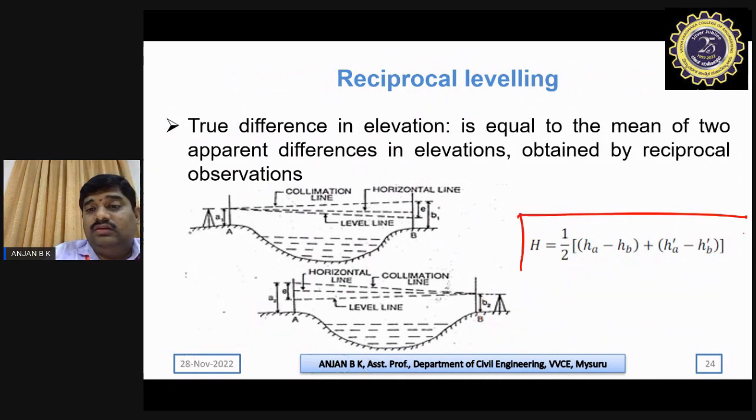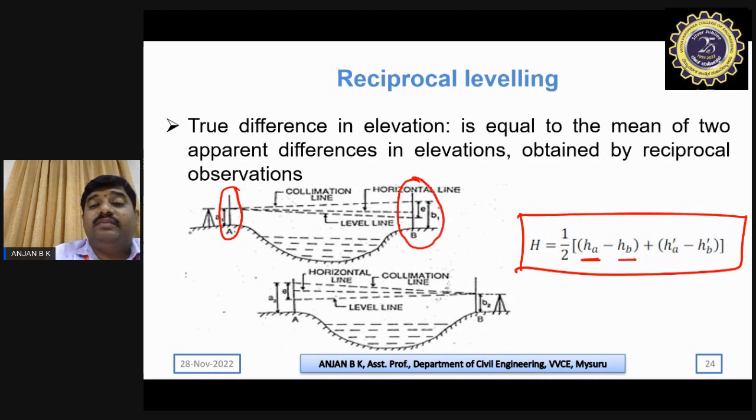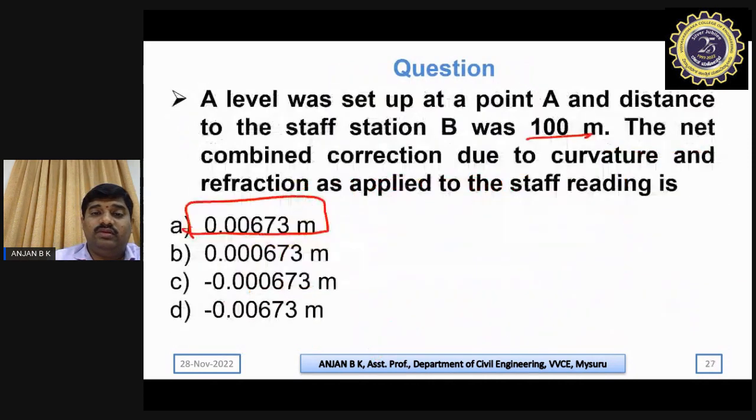Here HA represents the staff reading taken near A when the instrument is near A, and HB is the staff reading taken at B. Similarly, HA dash and HB dash mean when the instrument is placed at B, the respective readings taken at A and B. So you need to take the average of these two, and you will directly get the true elevation between them. So for this problem,